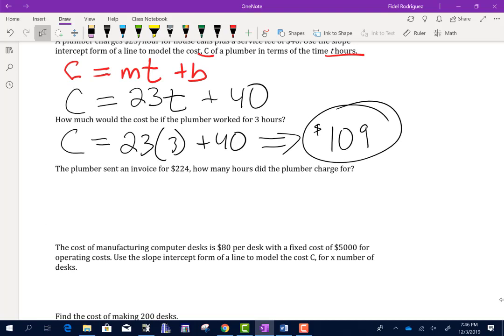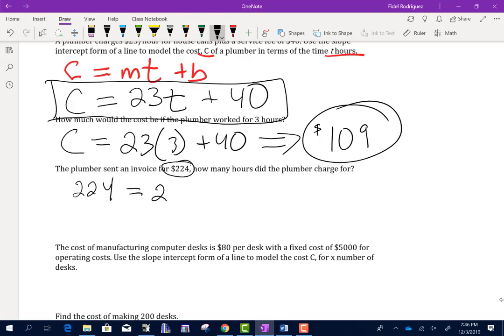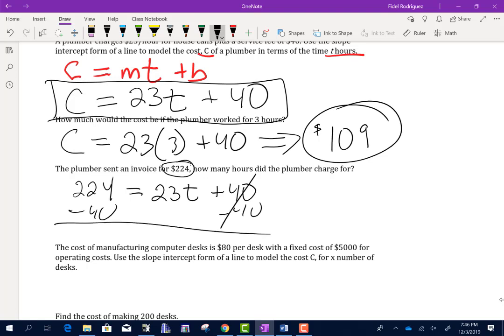It says, the plumber sent an invoice for $224. How many hours did the plumber charge for? So guys, I'm going to use this equation right here, okay? And the 224, was that the number of hours or was that the cost? That's the cost. So where that C is, I'm going to write the number 224, okay? Equals 23 times T plus 40. Now let's think about this for a minute. Didn't we say if the plumber just shows up at your house and says, hello, I'm here, you already owe him how much money? Okay, so let's take away that 40 because we know that we had to pay him that to begin with. So if I take my calculator, guys,